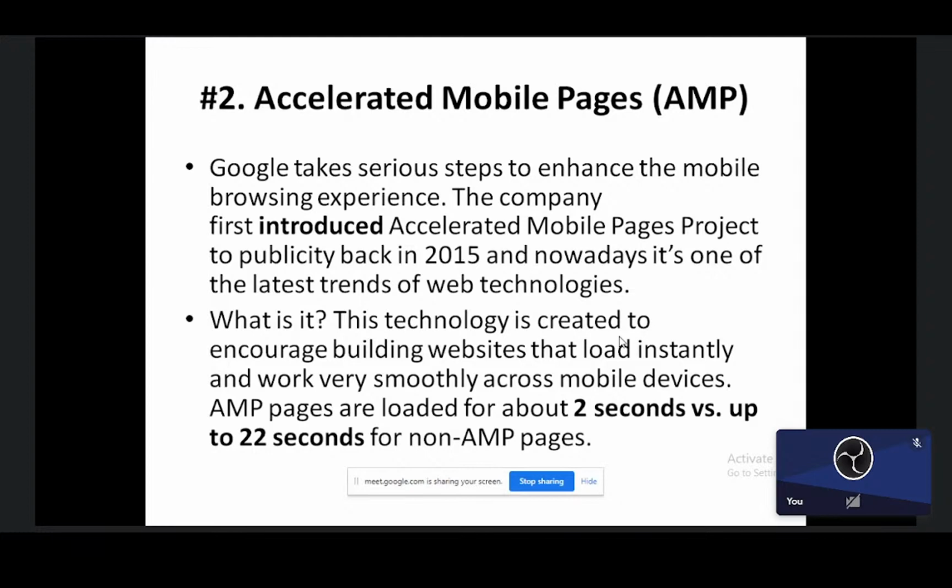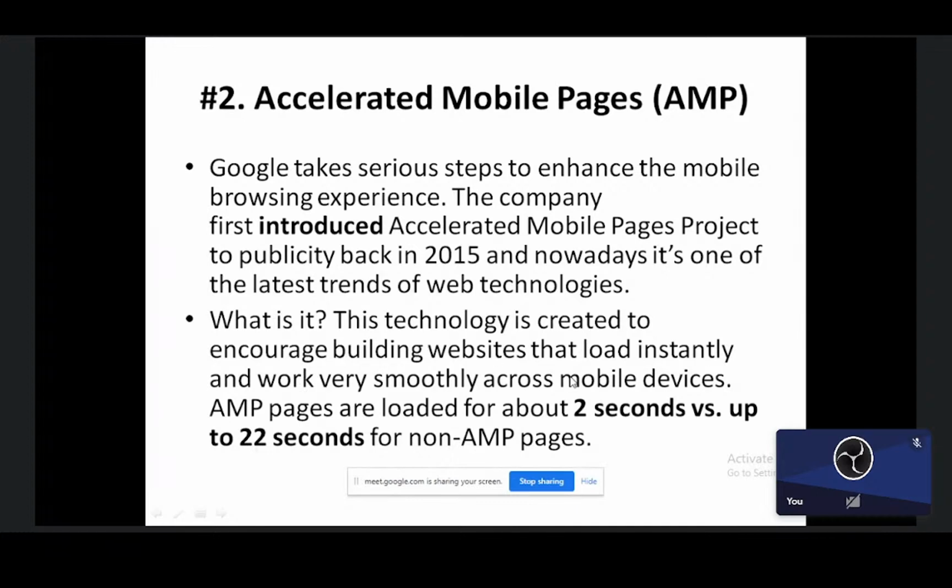And comes AMP, that is Accelerated Mobile Pages. Google takes serious steps to enhance the mobile browsing experience. Google itself introduced this technology in 2015. Nowadays, it is one of the latest trends in web technologies. It is created to encourage building websites that load instantly,